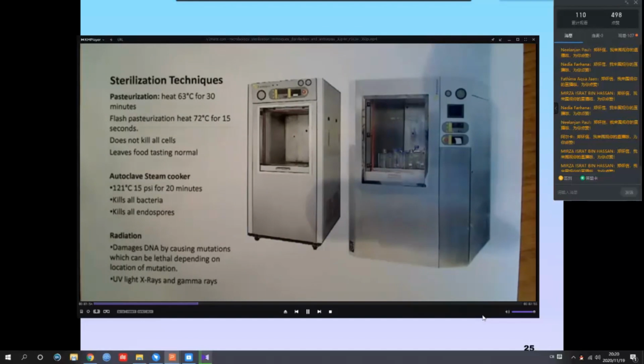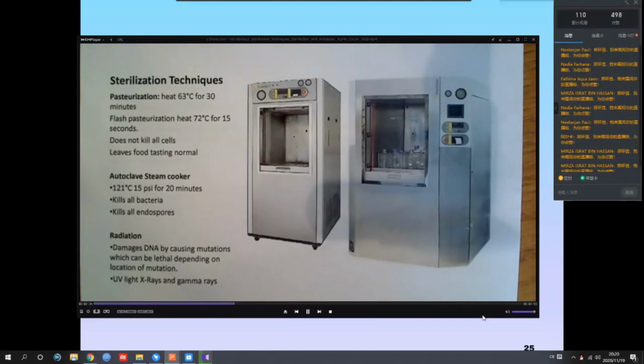Now the autoclave is basically a way of completely sterilizing everything, okay? It kills all bacteria, kills all endospores, and that's what you do when you're making media, or if you're cleaning some pipette tips or something like that, you're going to use the autoclave. And essentially what the autoclave is, everyone's familiar with this, it's just a steam cooker, okay? These are common in kitchens. You're heating to 121 degrees Celsius, at 15 psi for 20 minutes, okay? It kills all bacteria, it kills all endospores. So an extremely important piece in any laboratory.